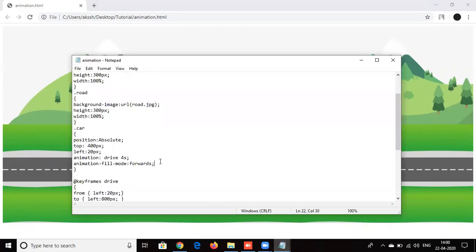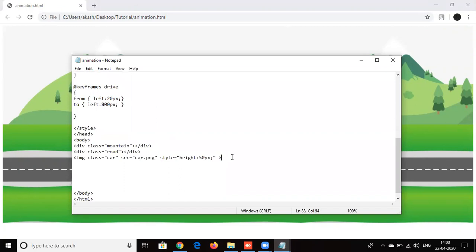Then the second thing I do is put an ambulance going from the opposite direction. So I put an image tag, and over here I put the PNG called ambulance.